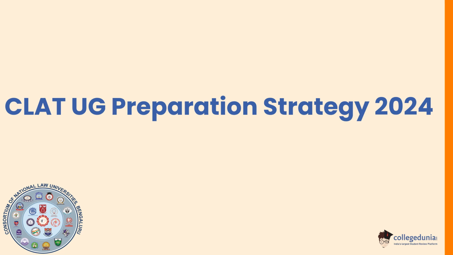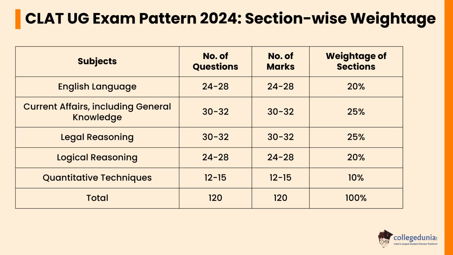Today we will be discussing CLAT UG Preparation Strategy 2024. Let's check the CLAT UG exam pattern 2024 section-wise weightage. In the CLAT UG exam 2024, the English language section will have a weightage of 20% containing 24 to 28 questions. The sections current affairs including general knowledge and legal reasoning each carry a weightage of 25% with 32 to 32